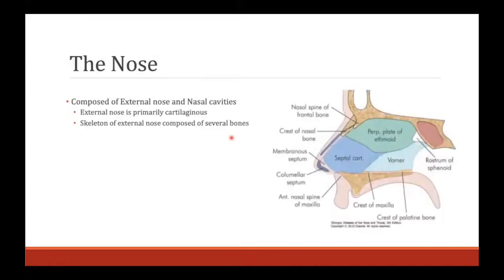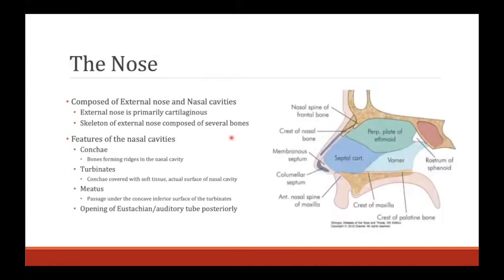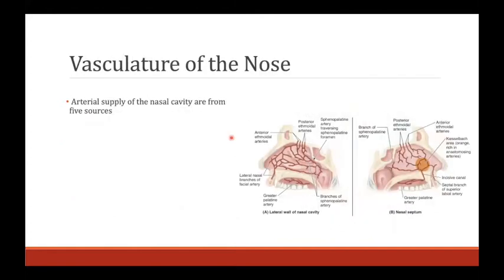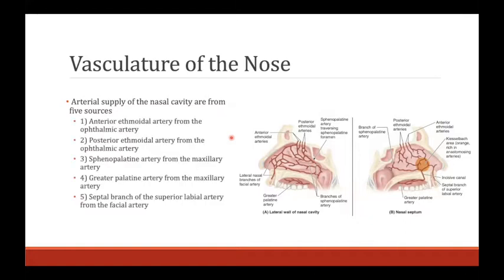With regards to the nose, there's not much going on there, as the main things that we're concerned about are either a nasal fracture, a blockage of the nose, or a bleeding nose. And in terms of the bleeding nose itself, the main thing to remember is that the bleeding primarily occurs from the front of the nose because a lot of the arterial supply rests there. So this is also known as the Kiesselbach plexus,